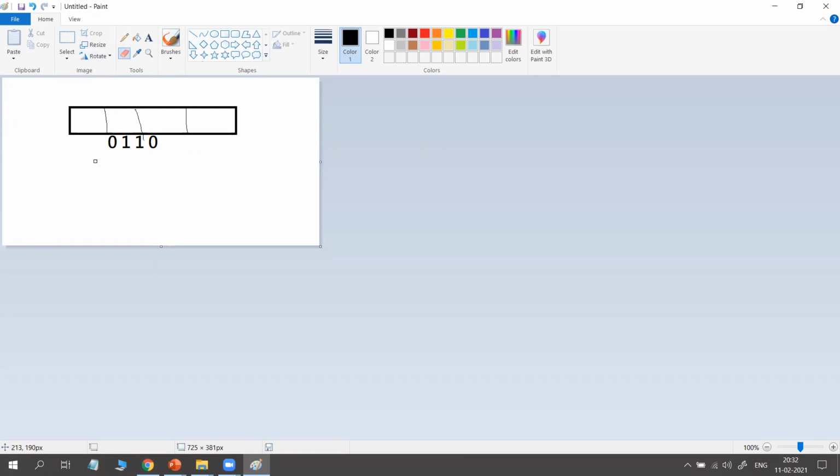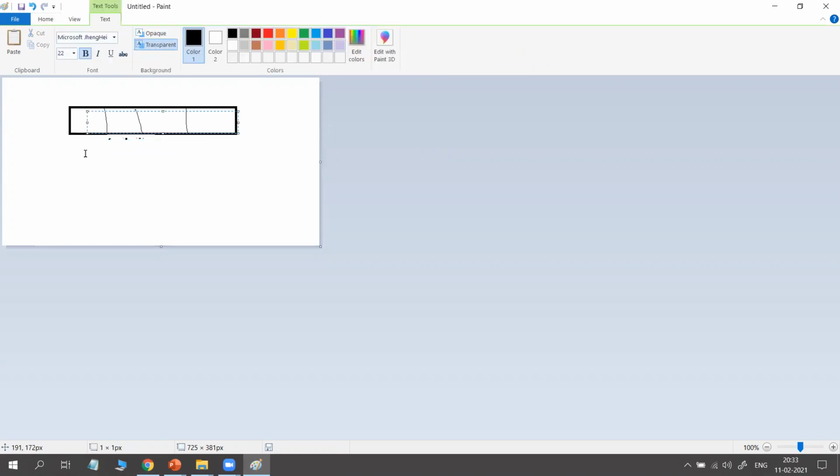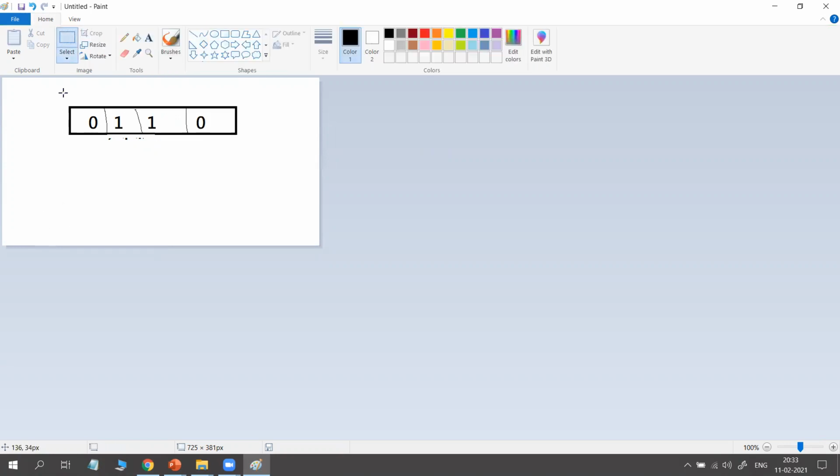Okay, so now it is somewhat easy. That's why I'm doing this. So 4 bits now you will consider. So what is that value? 0, 1, 1, 0. So here 0, 1, 1 and 0. Okay, so now if you shift each of the bits to the left side, what happens?